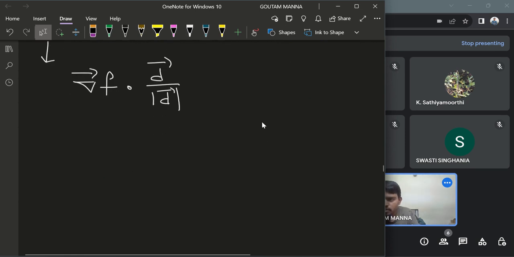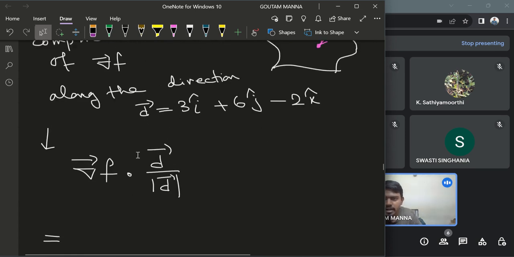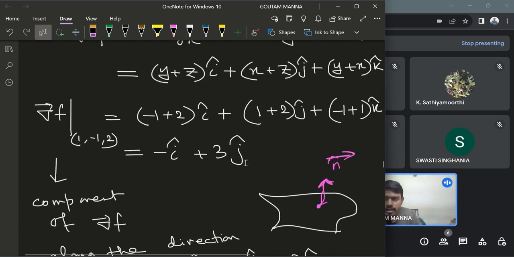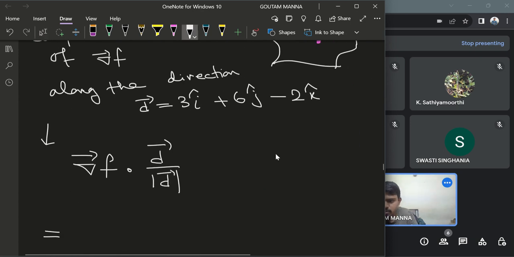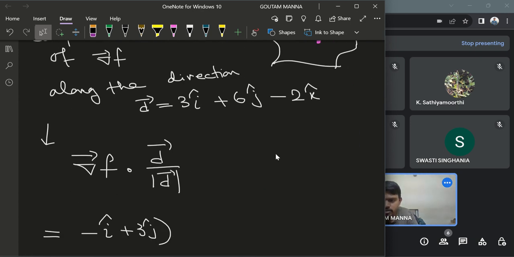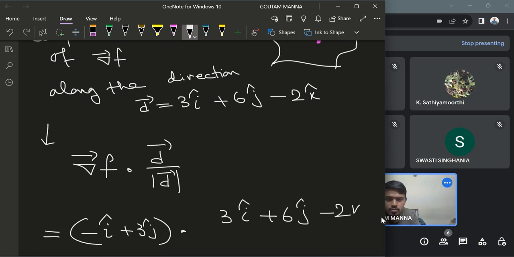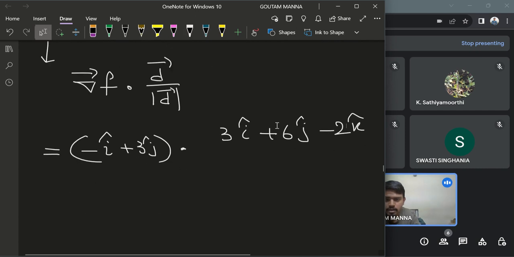Okay, so now the gradient of f is minus I cap plus 3 j cap. So it is minus I cap plus 3 j cap dot the unit vector along this direction, that is d vector by mod of d, which is 3 I cap plus 6 j cap minus 2 k cap divided by